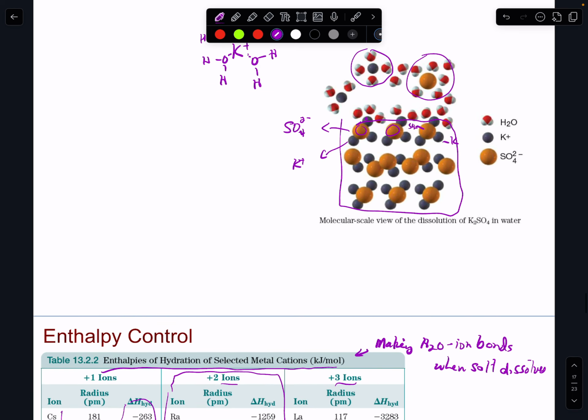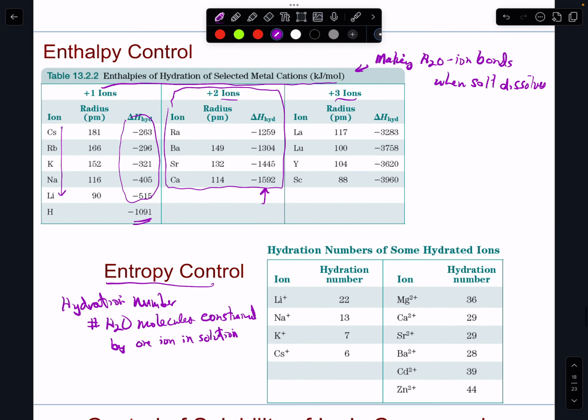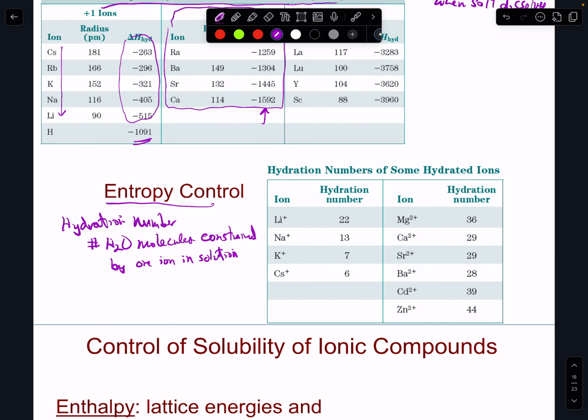And so this little picture here says it looks like it would be 4, but in fact it's not. What happens is a potassium ion will constrain 6 water molecules. A cesium ion will constrain 6 water molecules. But look at this. A lithium ion will constrain 22 molecules. A magnesium, 36. A cadmium, 39. A zinc, 44. So one zinc ion can lead to 44 water molecules not being able to go their free